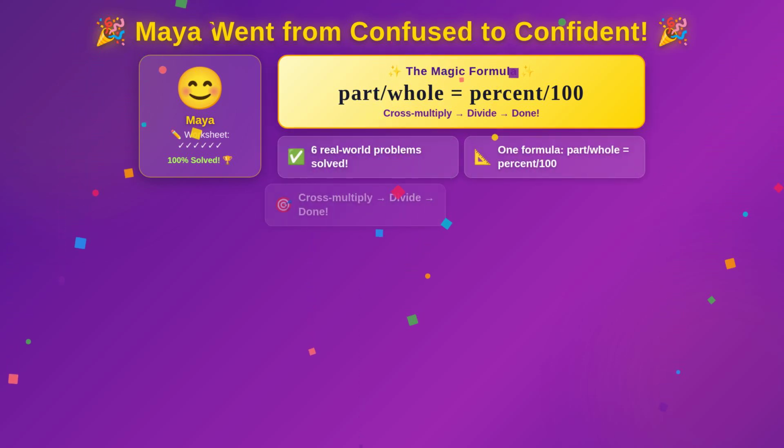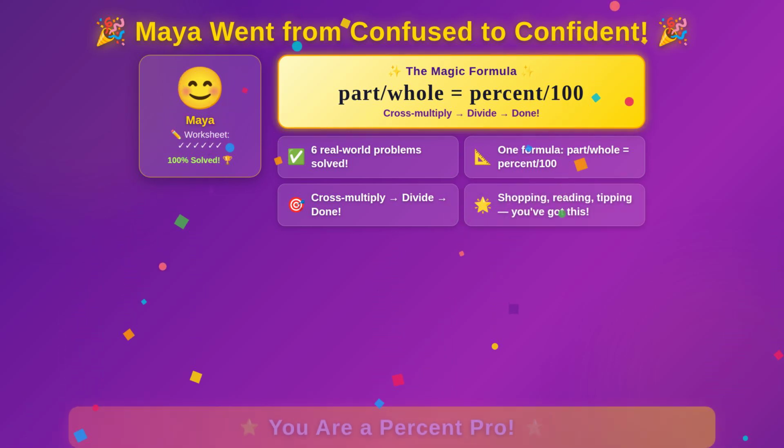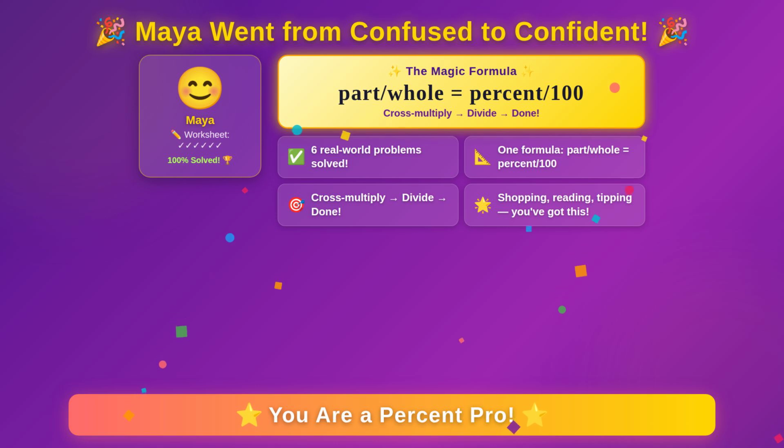Remember when Maya was staring at that homework, totally lost? Look at her now. She solved a test score problem, a sale price, a fundraiser goal, a reading percent, a restaurant tip, and a 2-step club problem, all using the same proportion. The formula is simple. Part over whole equals percent over 100. Cross multiply, divide. Done. Whether you're shopping, reading, or leaving a tip, proportions have your back. You've learned what Maya